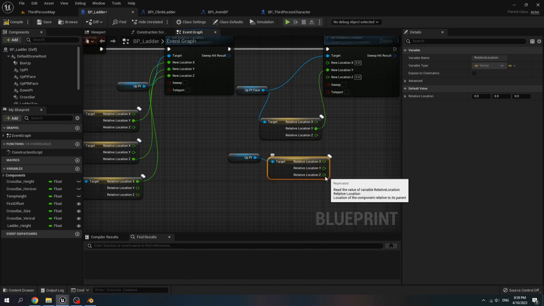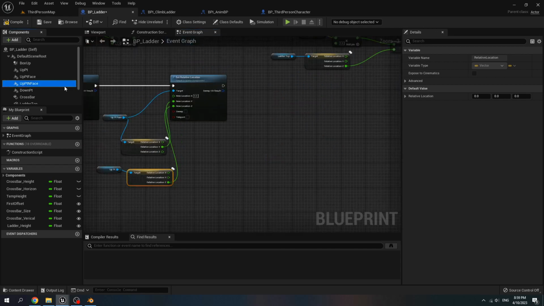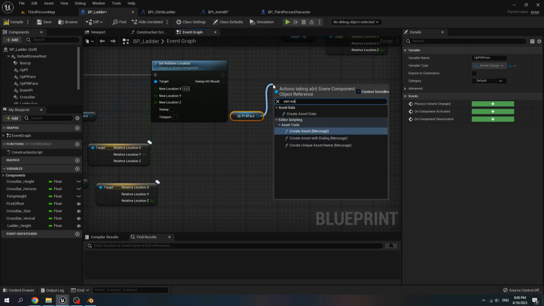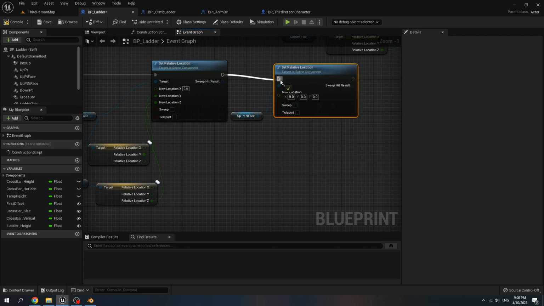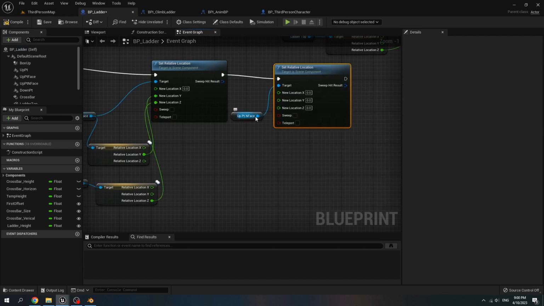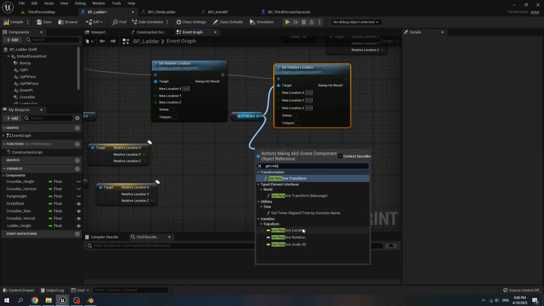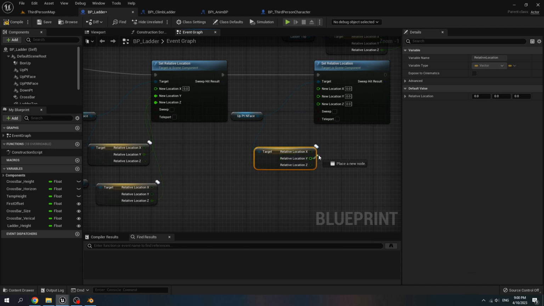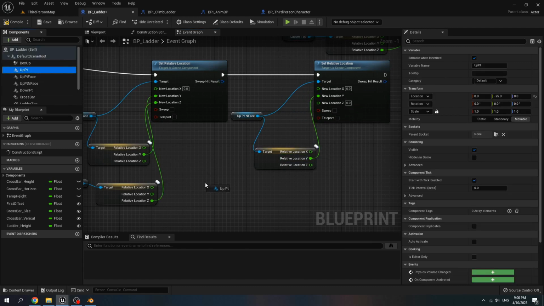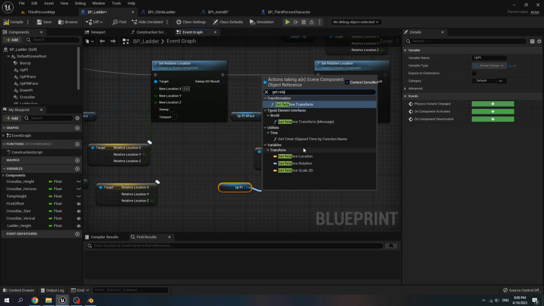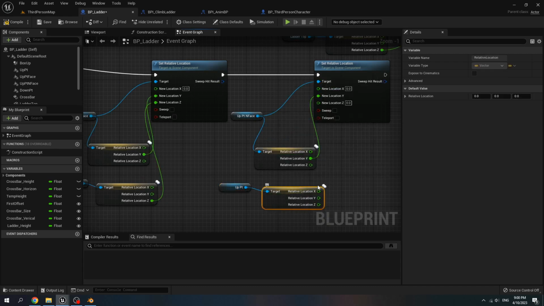Connect Z to Z location. Get up PT and face, set relative location, split location, then call get relative location, connect Y to Y location. Get up PT, get relative location, split, connect X to X location, and Z to Z location.